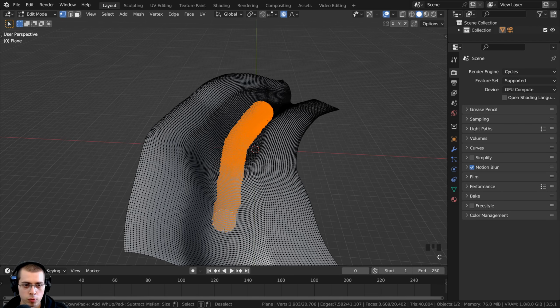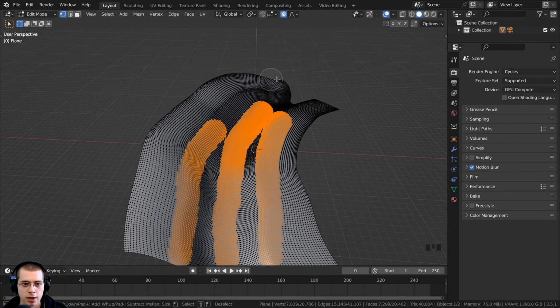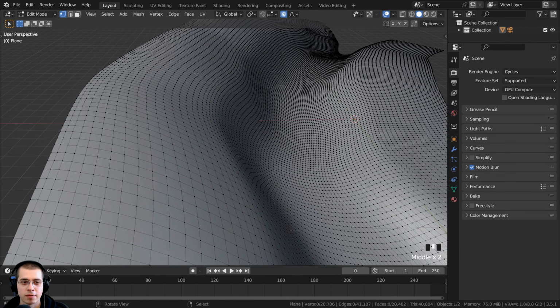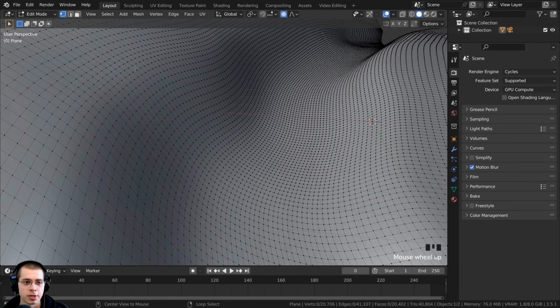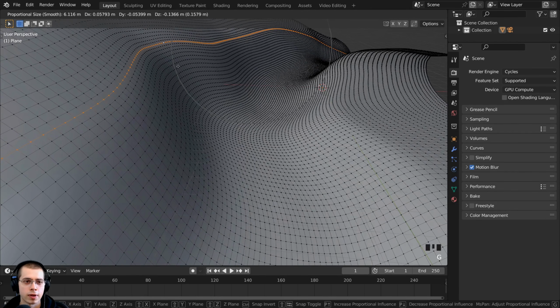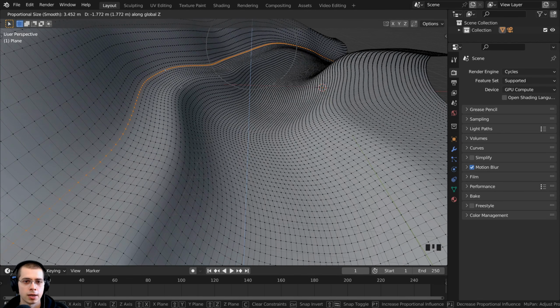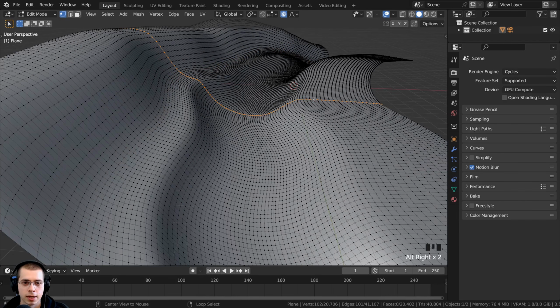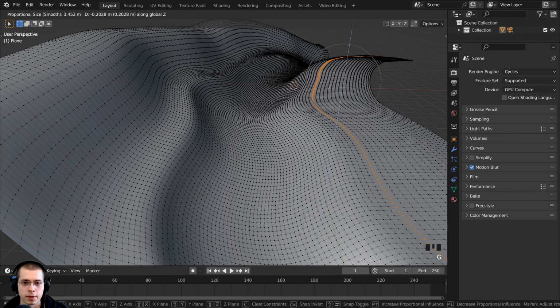So we have the river right here, then we have the edge of the river right here and right over here, and then we also have a hill coming up right here. Now I want there to be a clear area between the edge of the river and this hill, so I'm also going to use the Alt key to select a loop right about there, and I can bring this down, and I'll make the proportional editing a bit smaller, and I'm going to bring that down there. I could also select a loop right over here and maybe bring this down a little bit,